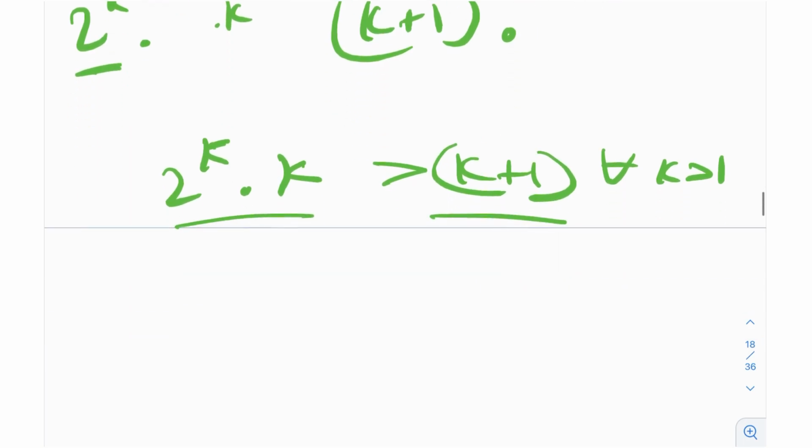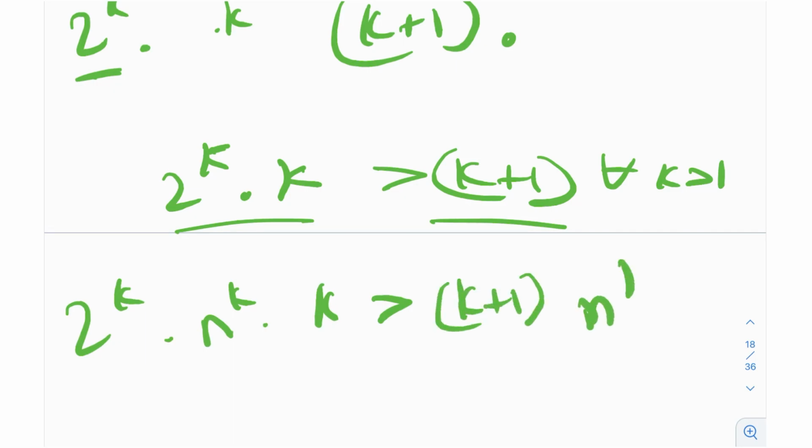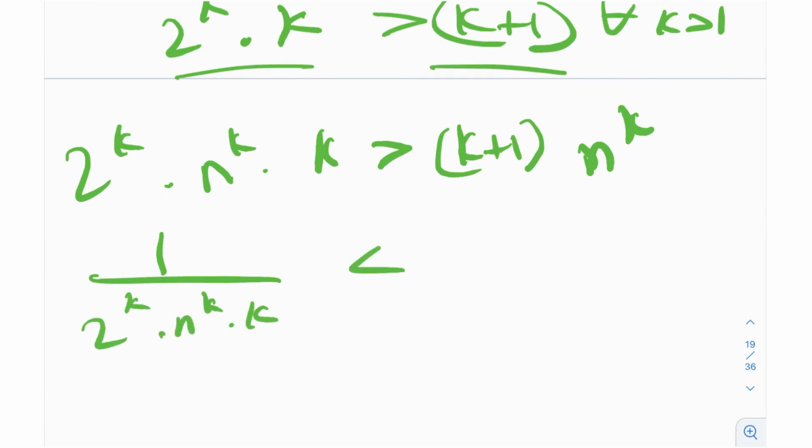Now, all I really need to do is multiply by n raised to the power k. Again, n raised to the power k is a positive quantity, so the sign of the inequality remains the same. So 1 by this quantity, 2 raised to the power k times n raised to the power k times k, is less than 1 by this quantity, k plus 1 times n raised to the power k, which is what we had to prove, right? This is essentially what we had to prove